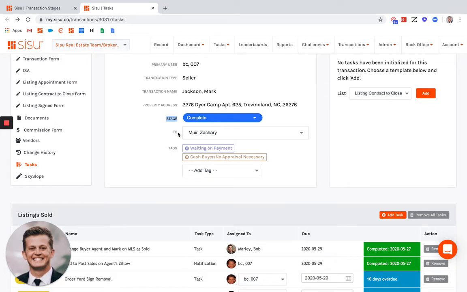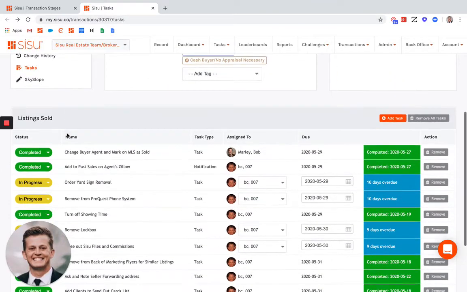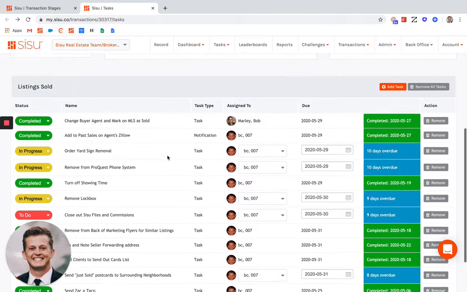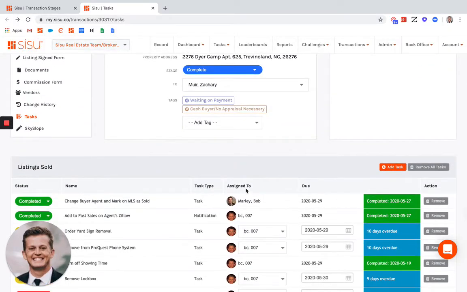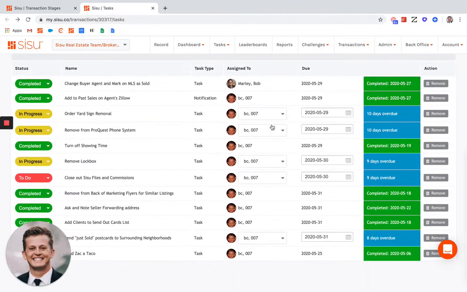You can assign a transaction coordinator. You can add tags, and I can apply task lists. And these task lists can be completely customized. So notice how I have a task list added here, which is my listing sold task list. These tasks are set up to automatically assign to certain people, right? This task might be assigned to the transaction coordinator. This one might be assigned to the agent on the transaction. Some might be assigned to a broker or a specific administrative staff. These tasks have